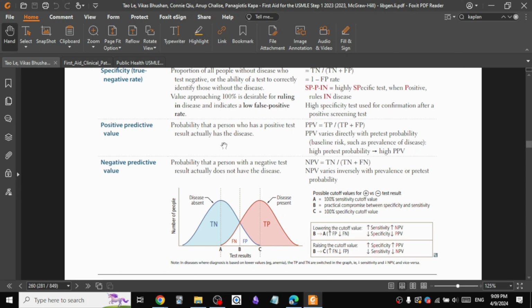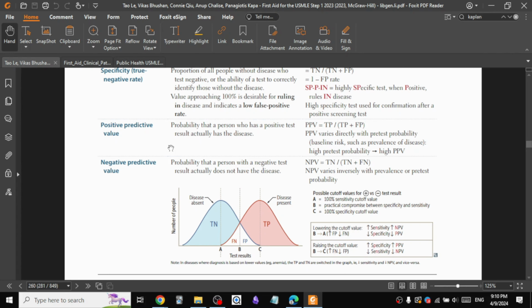This is also useful, right? If I have a test with a high PPV, it will let me know that, you know what, you see here, right? PPV varies directly with pre-test probability, baseline risks such as prevalence. I'll tell you about this. So high pre-test probability means a high PPV, right? I'll get to the pre-test probability and stuff. So a high positive predictive value will let me know that all my positives are actually positives. Okay, that is the positive predictive value, and the negative predictive value will let me know that all of my negatives are actually negatives. Okay,